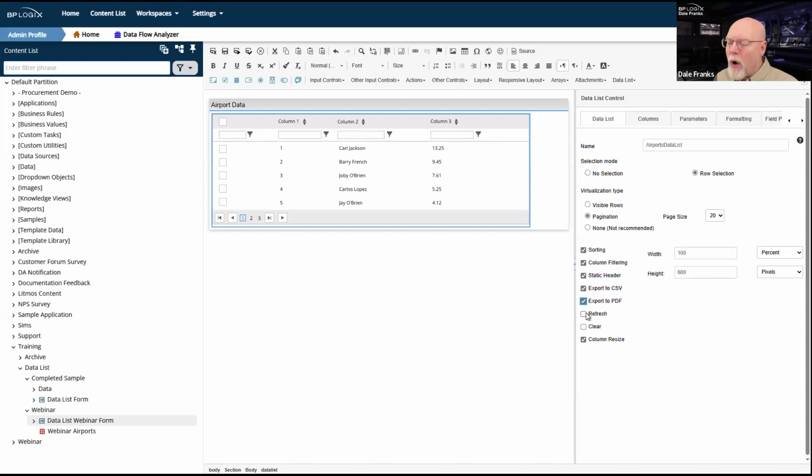Now, there is one called static header that we do want to look at. I'm going to go ahead and turn it off for now, but I'm going to turn everything else on, because I don't think we want to keep refreshing this form 10 times and waiting for it to load for all of these properties. So let's turn everything on but static header. And I'll show you what the purpose of static header is. And once again, we'll wait for the form to load.